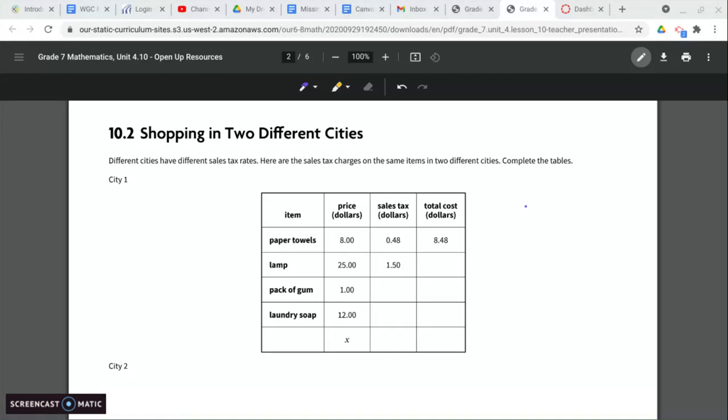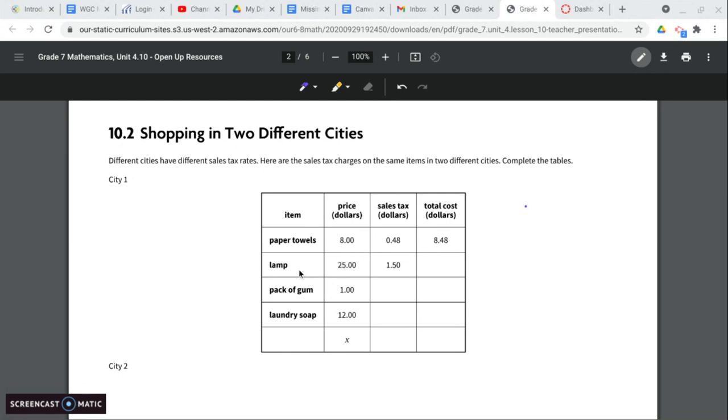So here we're looking at shopping in two different cities. Different cities have different sales tax rates. Here are the sales tax charges on the same items in two different cities. Complete the tables. So we have paper towels. The price in dollars is $8. The sales tax is 48 cents. So the total cost would be